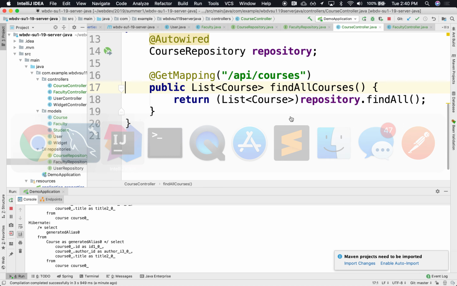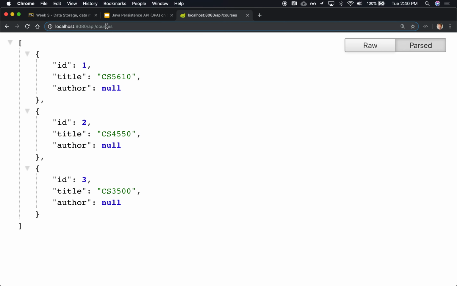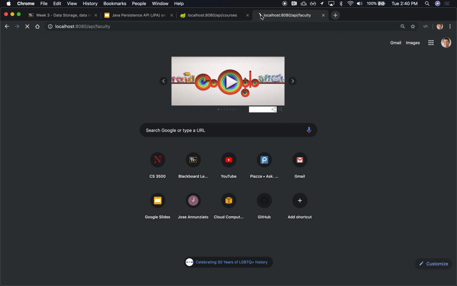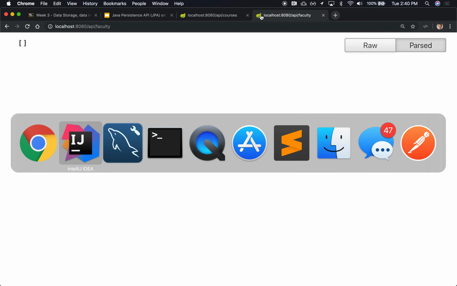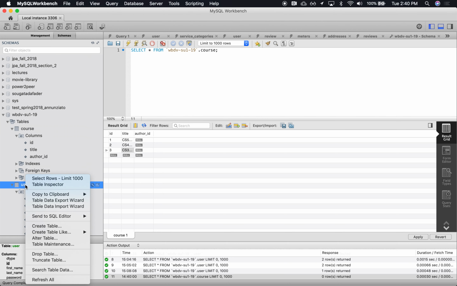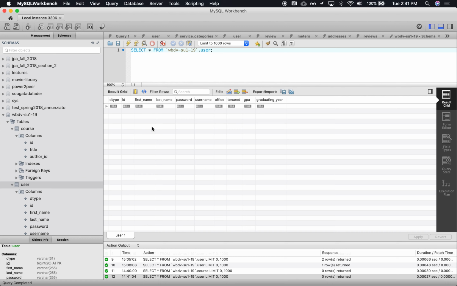What about faculty? Let's create a couple faculty. If I ask for faculty, so localhost 8080 / API / faculty. Again, no faculty. So let's create a couple faculty. So remember, they're all being munched into the user table, right? So I'm gonna have here, I'm gonna say so it's a faculty. So this is maybe